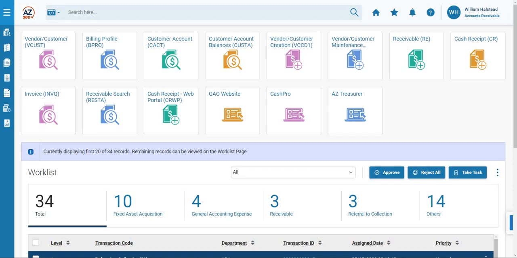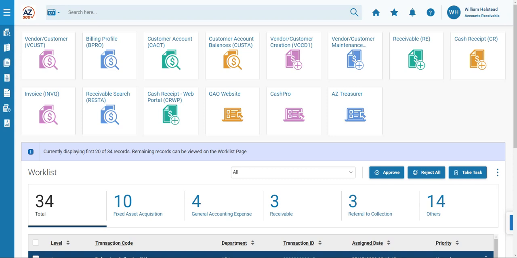In our current training scenario, an agency has received cash over the counter in the amount of $175 from customer Catherine Maxwell for goods provided. Catherine was not billed and is paying the agency over the counter. She provides $174 in bills and $1 in change as payment. Since the customer was not billed, we will record the payment as a CR without reference to an RE transaction